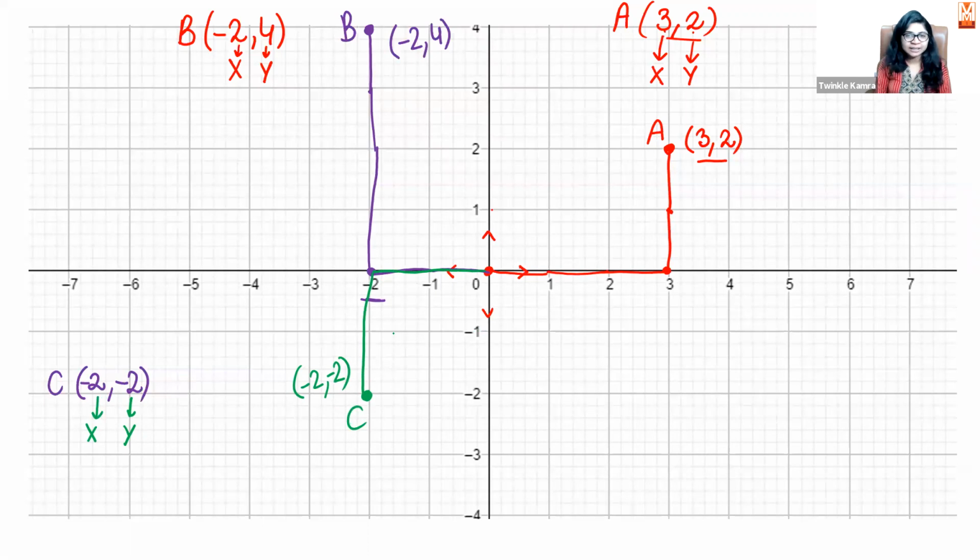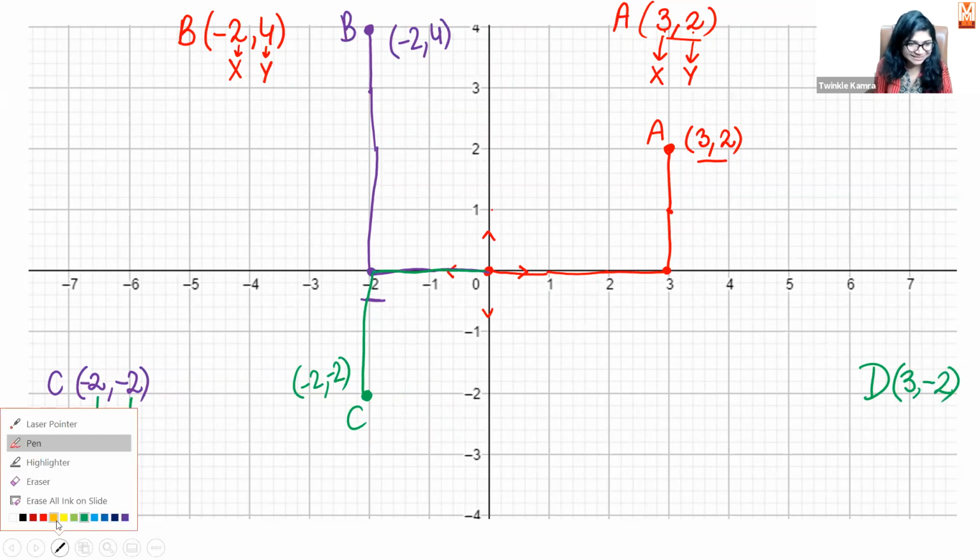Achha dekho, it is not necessary while you're plotting the points to draw these lines. It actually becomes crooked when we are making it without a scale, right? But what's important is what you understand. I'll just show you. If I draw my D point now, like I say my D point is 3, -2. I will draw it without lines.